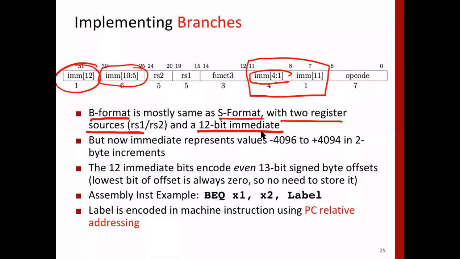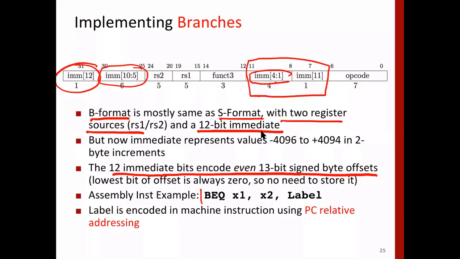So now assembly of this, in order to create a 32-bit immediate field, will be different from what we have seen in earlier instructions. Say an add immediate type of instruction. Remember also that the 12 immediate bits encode a 13-bit signed byte offset, because to the lowest bit we add a 0 at the end, so that makes 13, but we don't need to encode it. This all we have studied, so I don't want to repeat it.